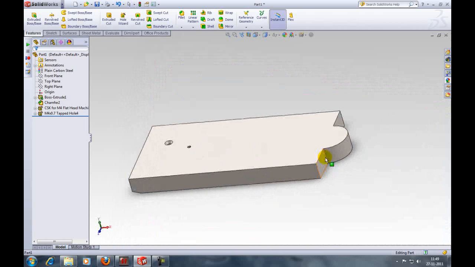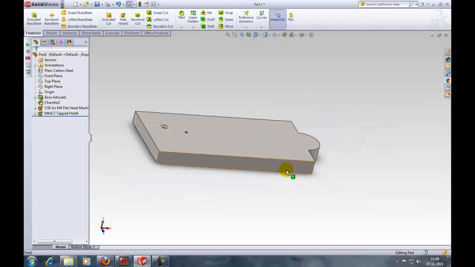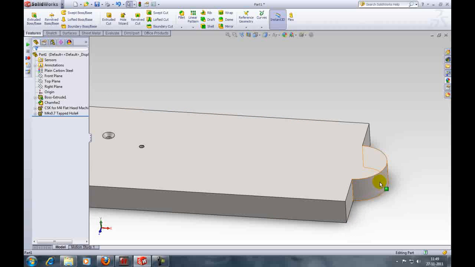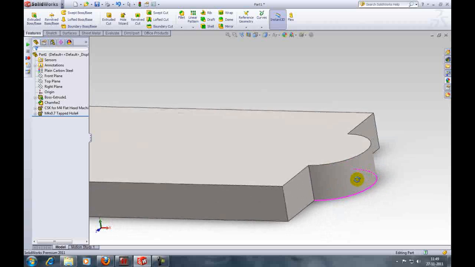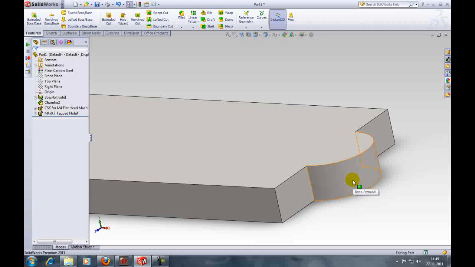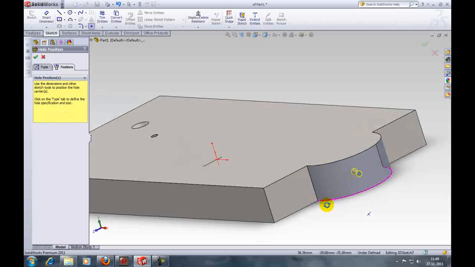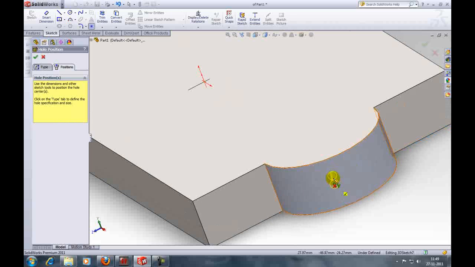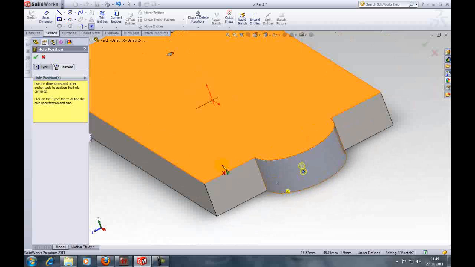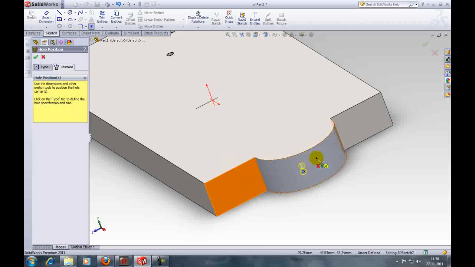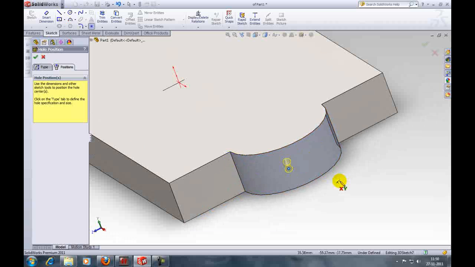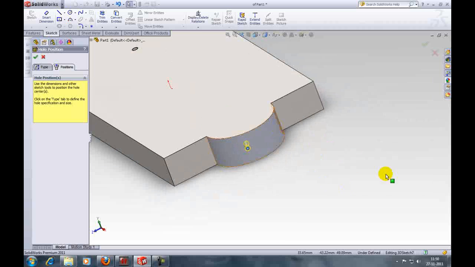Now it's easier to use the hole wizard command on a flat surface, but if you try to use it on a cylindrical surface, it won't get aligned as we need it. Let's see that. Go to hole wizard, position 3D sketch and let's click in here. As you can see, it's perpendicular to the point of this surface, but it's not aligned properly. If you want to make it perpendicular to this face, what we have to do is first press the escape key and then